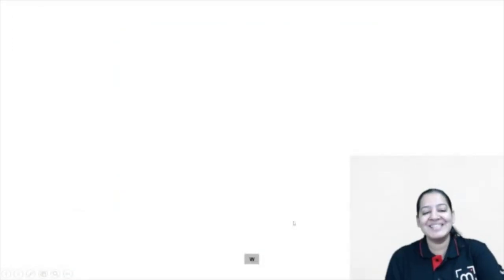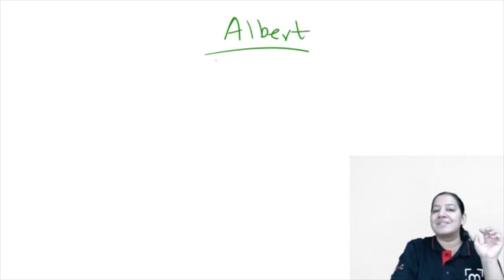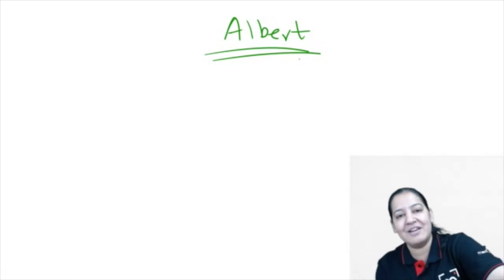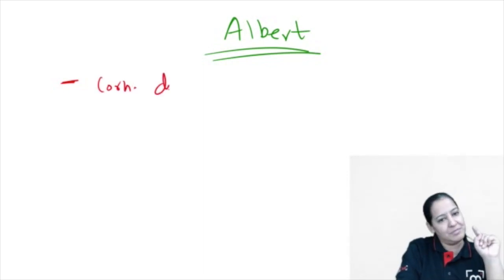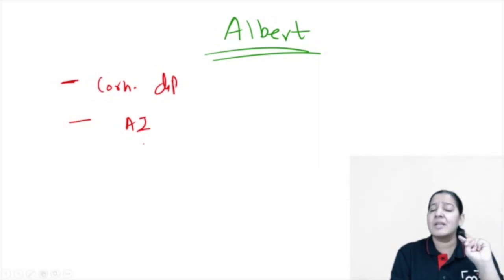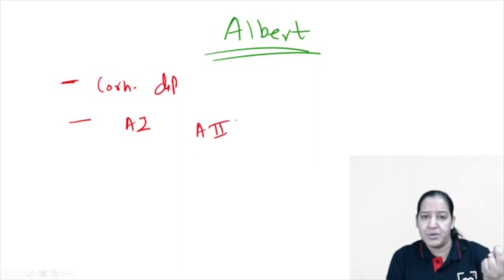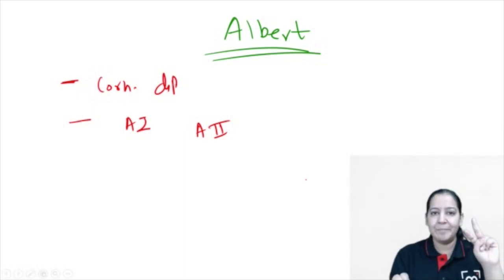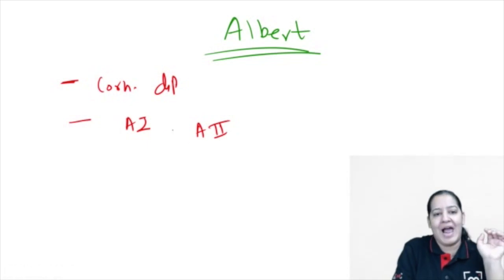Let me summarize the Albert stain. Before leaving everything, you should always make a habit to summarize. So what is Albert stain? Can you tell me everything about it? What you have learned is that Albert stain is only for one bacteria, Corynebacterium diphtheriae. What is the procedure? You use two stains. Albert 1 contains toluidine blue and malachite green, and Albert 2 contains iodine and potassium iodide. You stain the smear with Albert 1 followed by Albert 2,